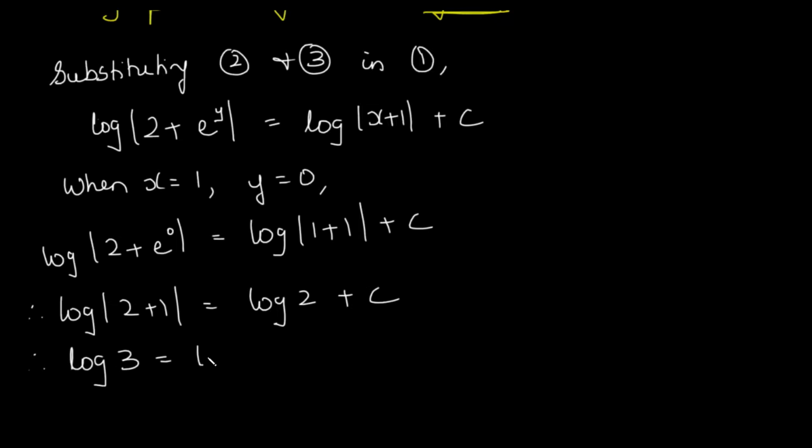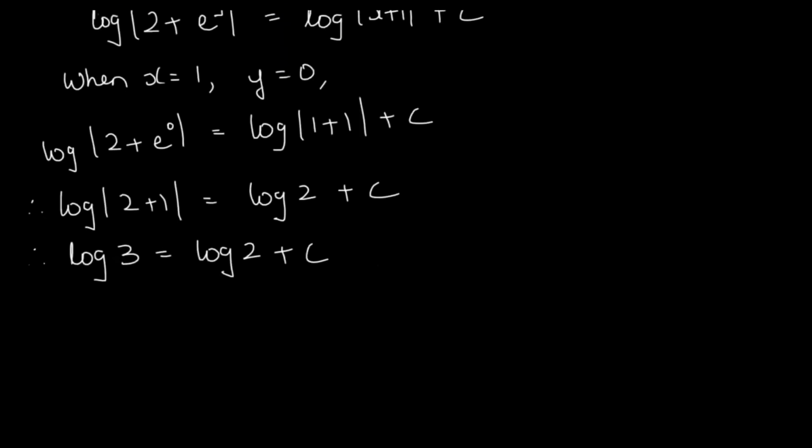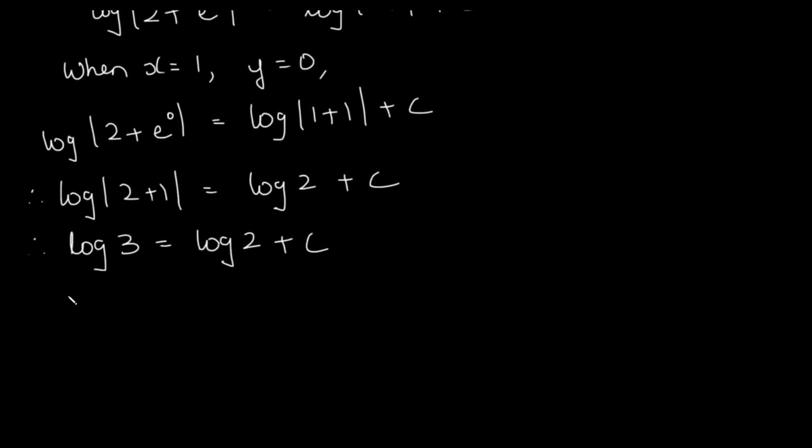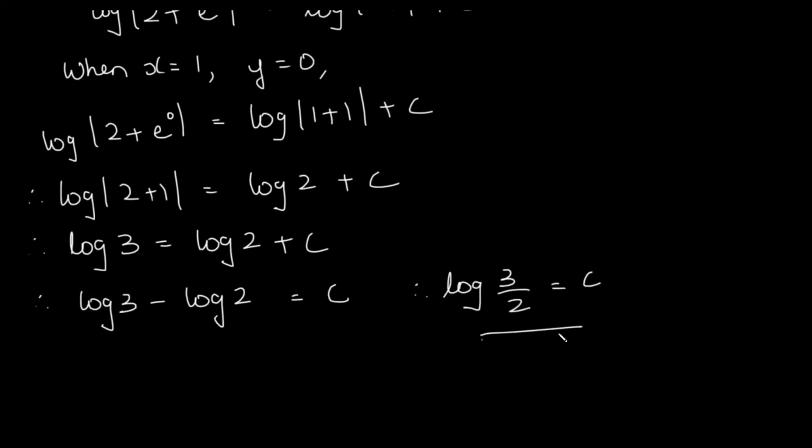Log 3 is equal to log 2 plus c, or we can take log 2 on the LHS. So we get log 3 minus log 2 is equal to c, and therefore now when we combine both the logs, because of the minus sign, we get log 3 upon 2 is equal to c. So thus we got the answer for c. So now this equation, say equation 4, and therefore equation 4 becomes